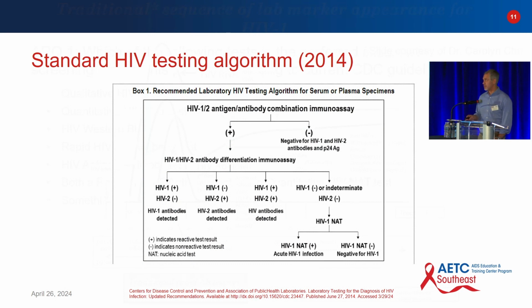There are some exceptions to this, and we'll bring some of those up as we go on in the talk. But as a general rule, if that screening test is negative, we can say that person is uninfected. If that test is positive, then we go to a second step, a second test, to confirm the presence of HIV. And according to this algorithm, what we are supposed to do is an HIV 1-2 differentiation